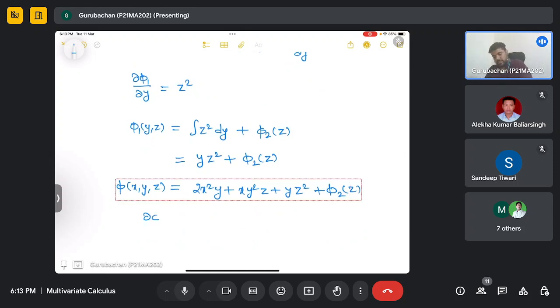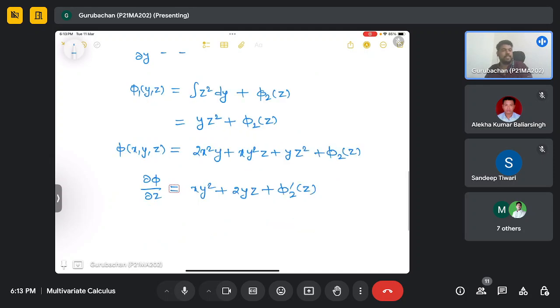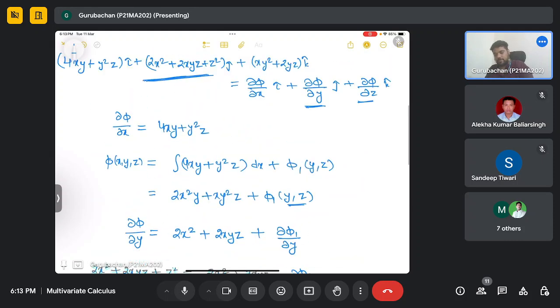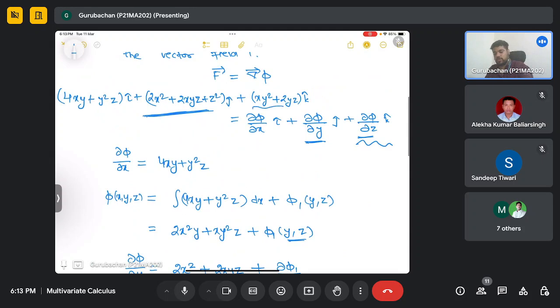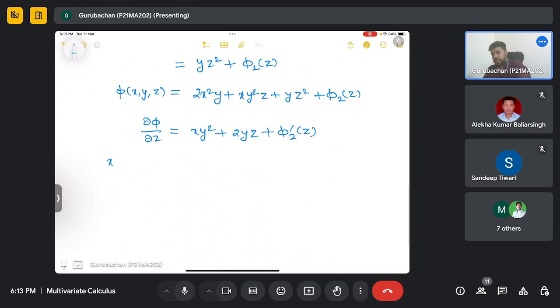So differentiating both sides with respect to z, we will get xy square plus 2yz. Now since it is a function of a single variable, we can write it as phi 2 dash with respect to z. Now comparing this with this, we get xy square plus 2yz. So put this value here: xy square plus 2yz will give us xy square plus 2yz plus phi 2 derivative